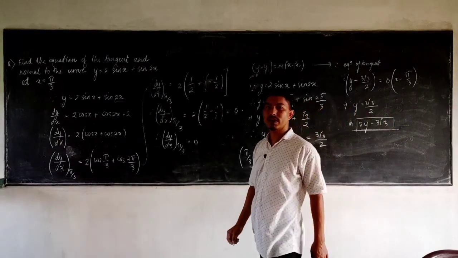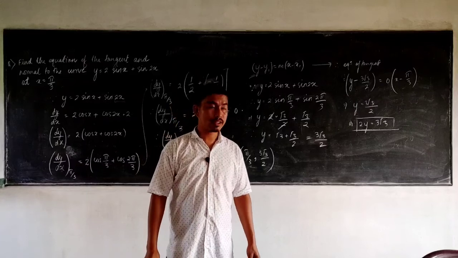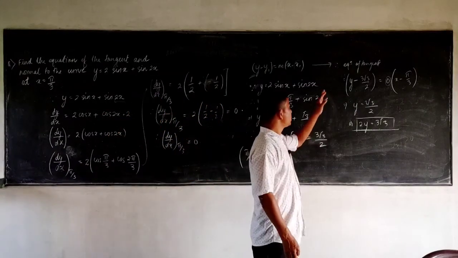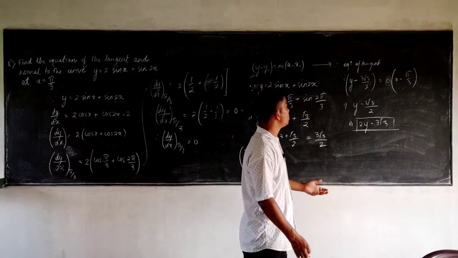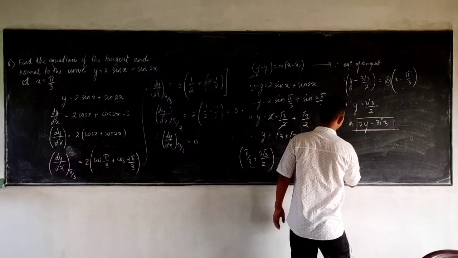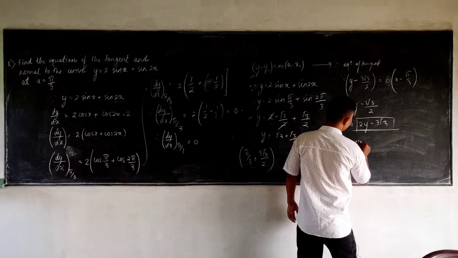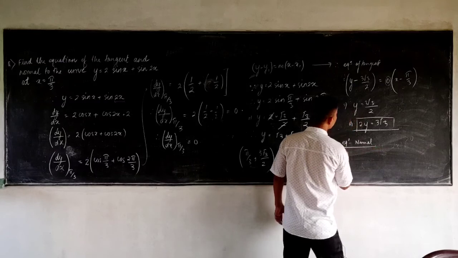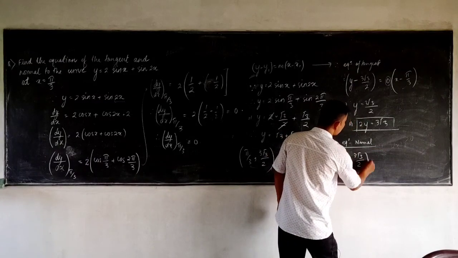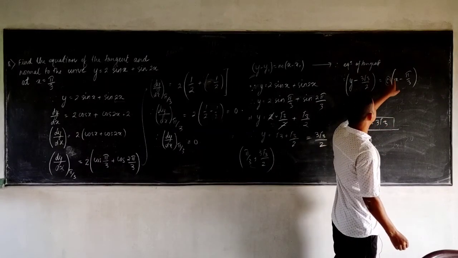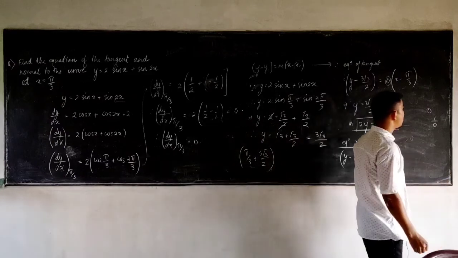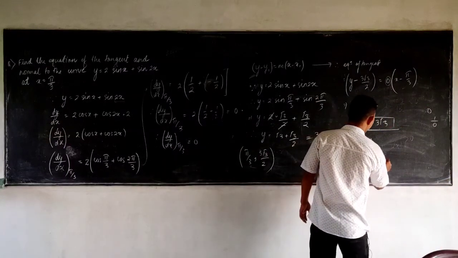Okay, so that is how we find the equation of a tangent to a given curve at a given point. Once you find the equation of the tangent, it's very simple to find the equation of a normal. Simply I reverse it. So the equation of normal will be y minus 3 root 3 divided by 2. Now reversing the slope, what do I get? The slope is 0, so I get 1 divided by 0. 1 divided by 0 is undefined. So this side I get undefined.